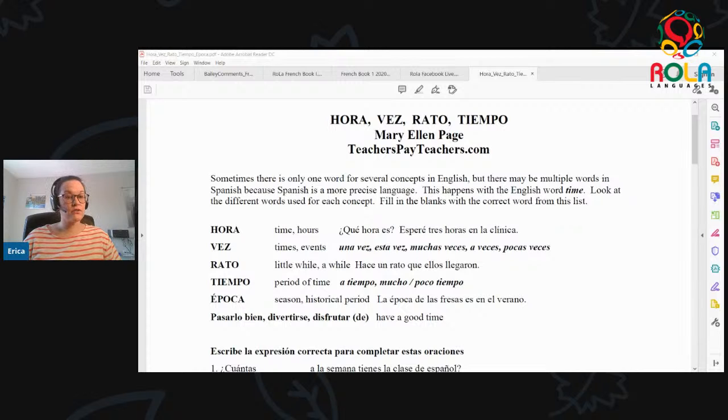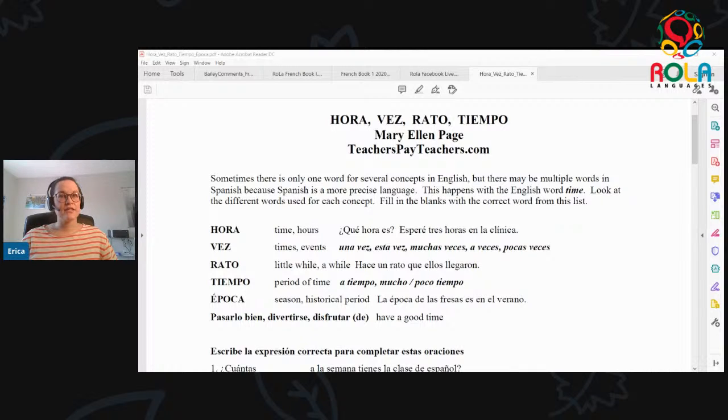And so we can also use this in the sense of, as it says, an event, like when someone says, do you remember that time that we did this? Then this is used in that meaning as well. So again, that specific occurrence or that instance. So that's how we would use the word this to represent time in Spanish. So far we have hora and we have this. Now the next word we have here on our list is rato.